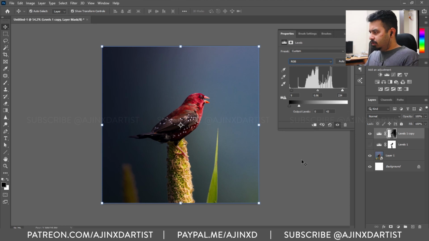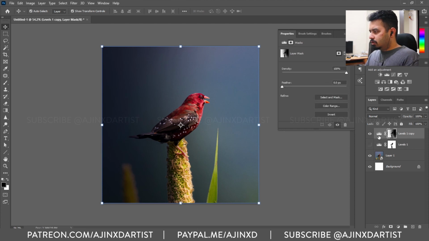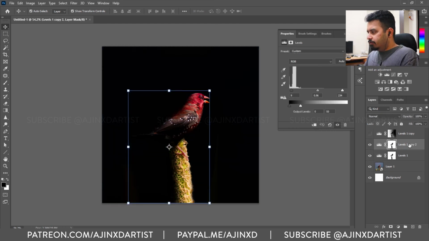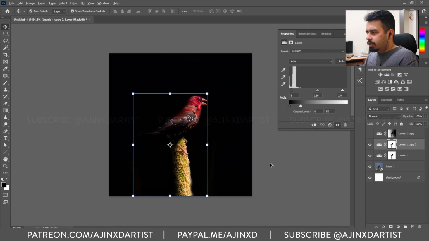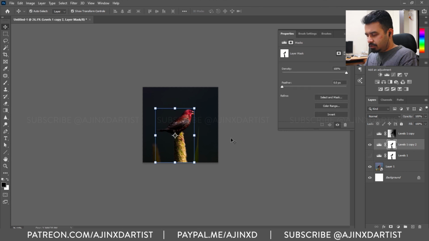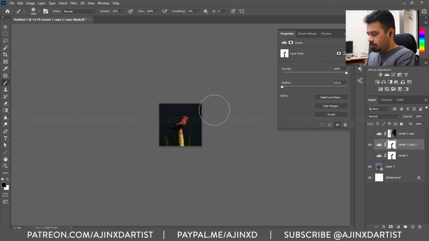If you're not happy with this look, you can start over again, make a copy of our original levels and then turn the original one off, select the mask, pick a big brush and do this over again.